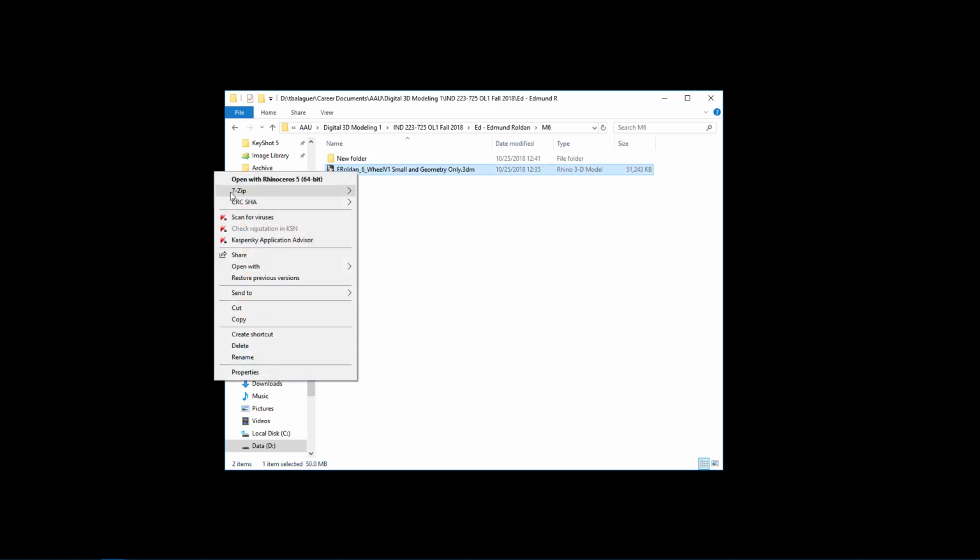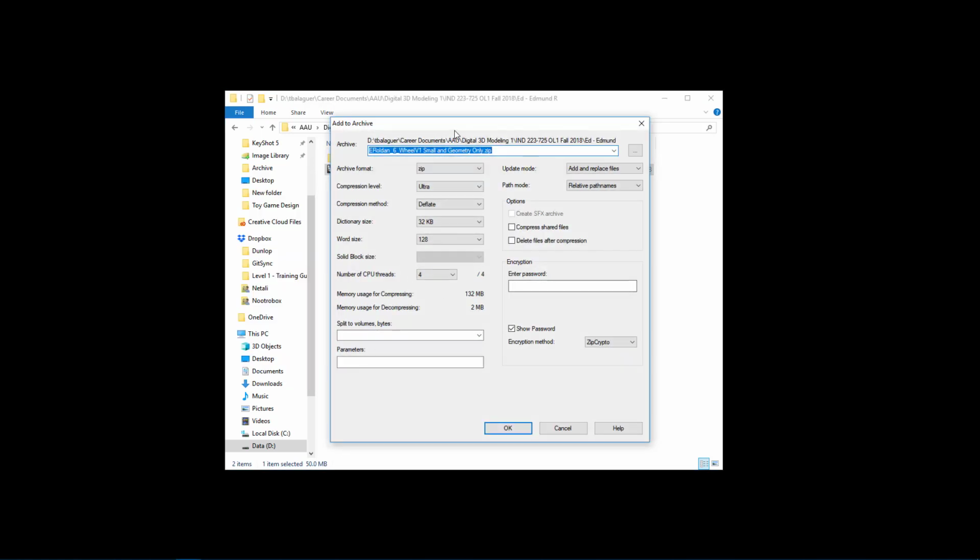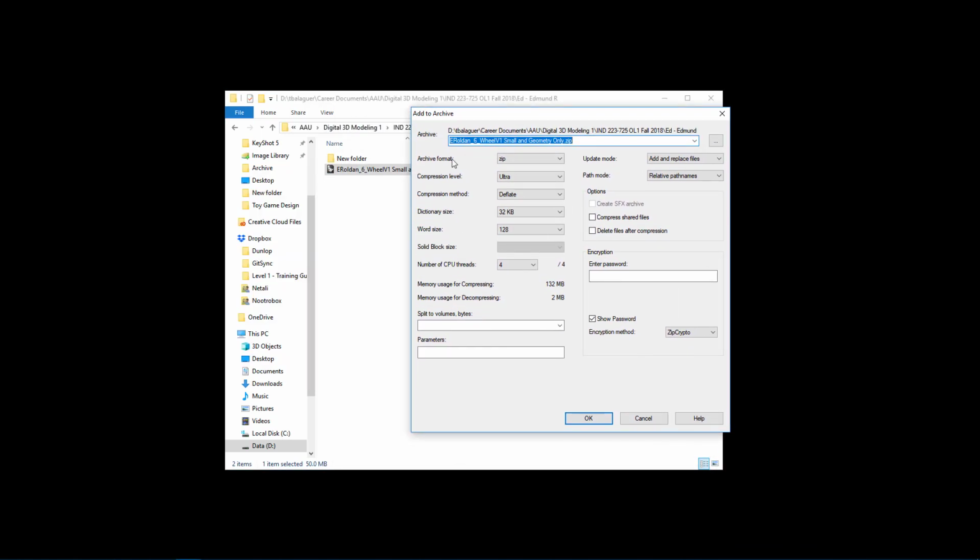When you do a right click, you have this option here, 7-zip. When I go under these options, I can open an archive, or I can add to an archive. You can also do other things, but for now, this is the only option I want to look at. If I add this file to an archive, it will ask me what I want to do. For the archive format, I can use the 7z format. I can also use some of the other formats, which are very popular. A lot of people use some of these other formats, but the most common format that most of your clients would have would be the zip format.